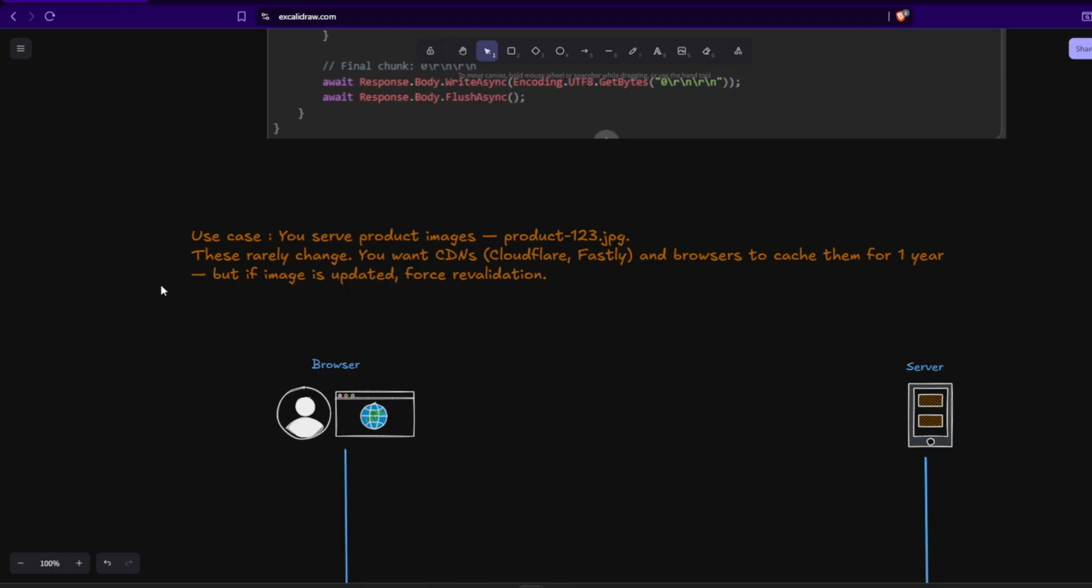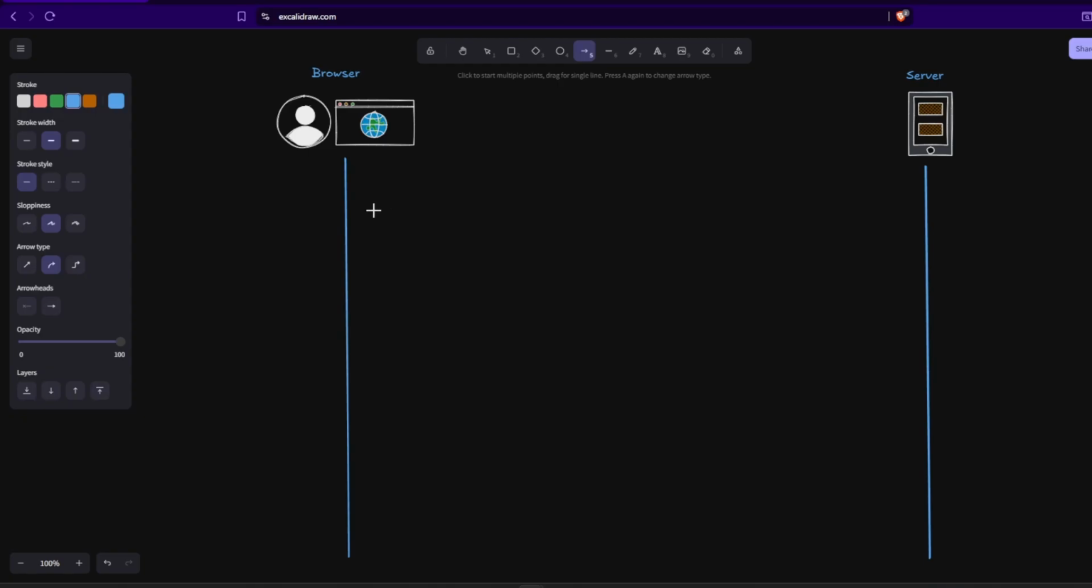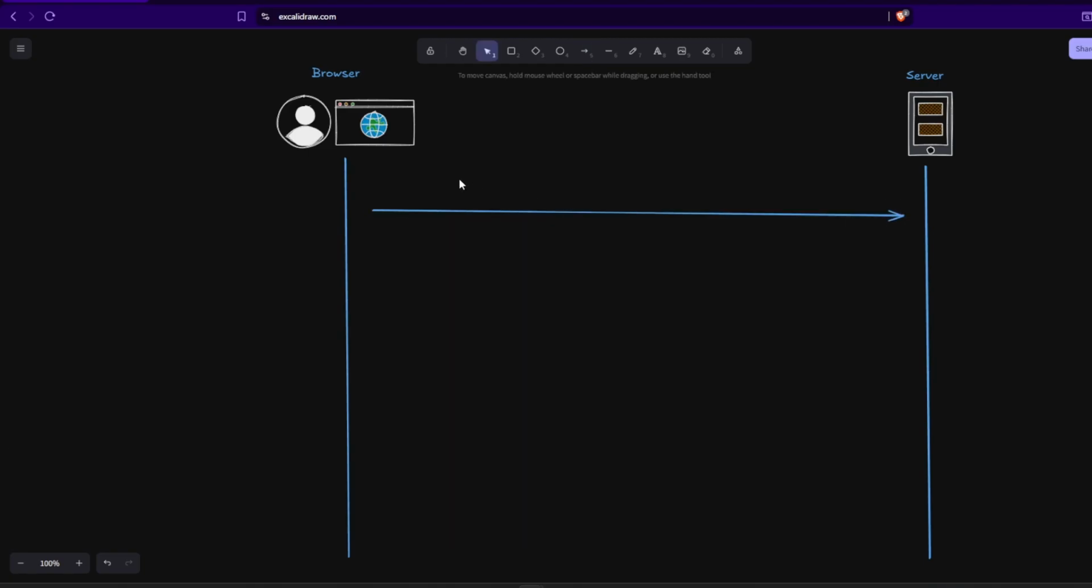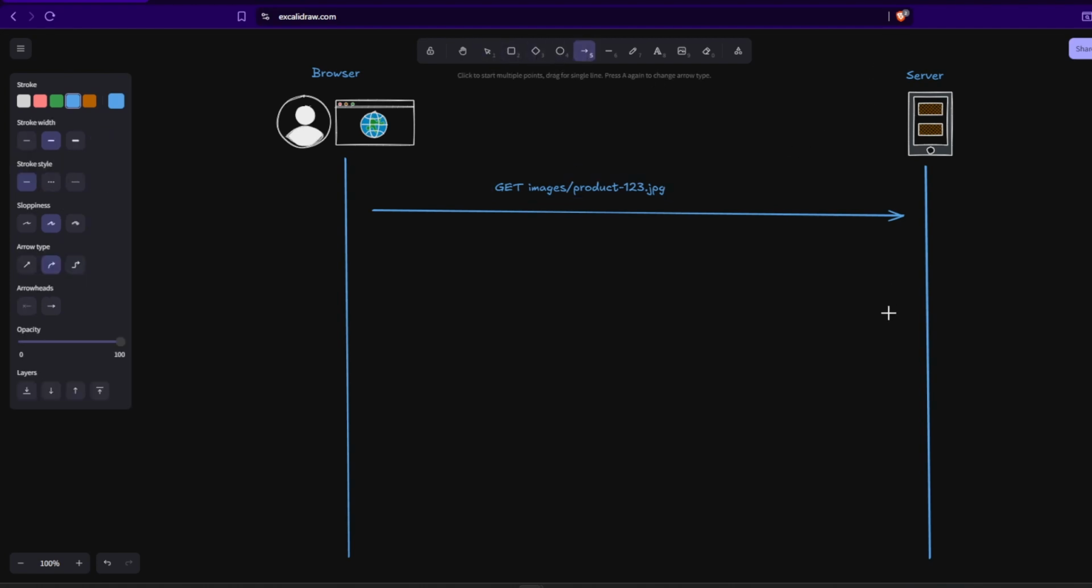So we will just see how exactly we can do that. Suppose for this we create a GET request. There is a certain GET request for the images, product123.jpeg. This is a request being created from the browser to the server. After that, the server would say, okay, take this image, but note one thing,